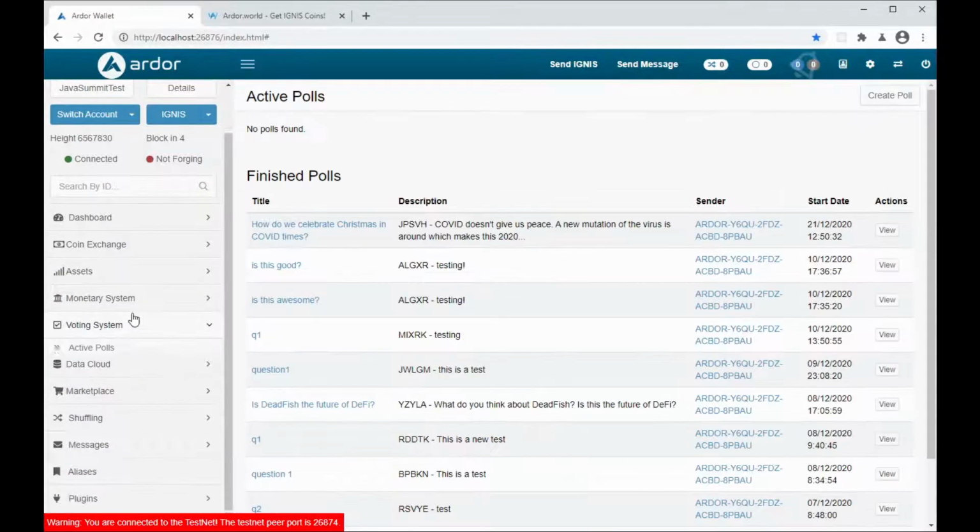You have a voting system, so you can create voting pools that can be used from the blockchain itself. So accounts can cast a vote, and all of it's built into the blockchain itself.